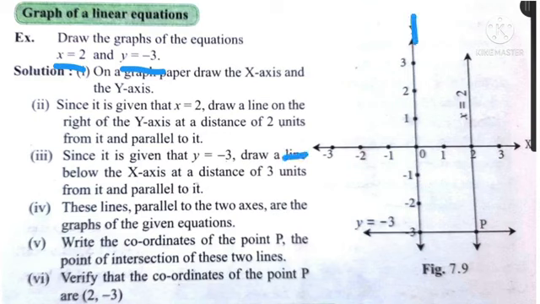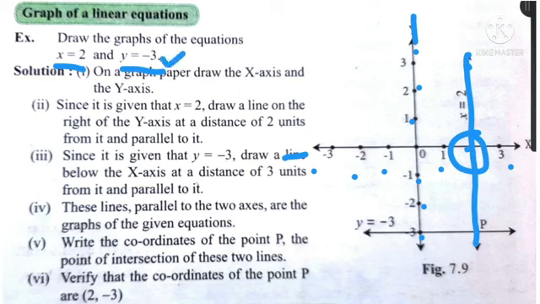You draw first the x axis and y axis, then plot the points 1, 2, 3, minus 1, minus 2, minus 3 on the x axis, 1, 2, 3, minus 1, minus 2, minus 3 on the y axis. Then x is equal to minus 2 means this is the line parallel to the y axis. It is the line x is equal to minus 2, and y is equal to minus 3 means